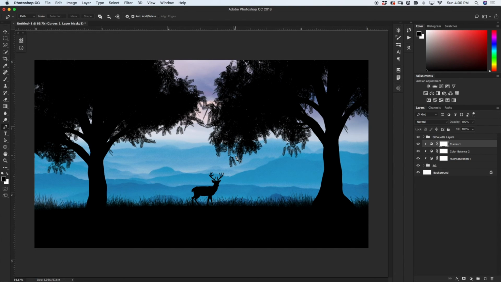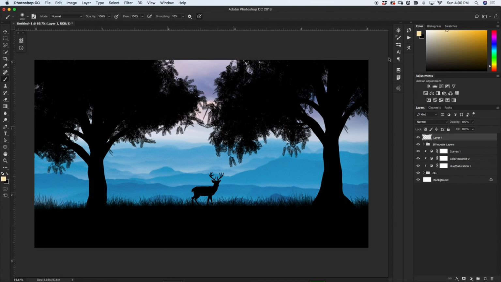Now the next and final thing that I want to do to add a little bit of flair to my photo here is I want to add a little bit of a sun flare coming through these trees, a little bit of light and things like that. So I'm going to create a new layer above my silhouette layers, and I'm going to create a little bit of a light burst. So just selecting a light orange color like so, I'm going to grab my brush tool,